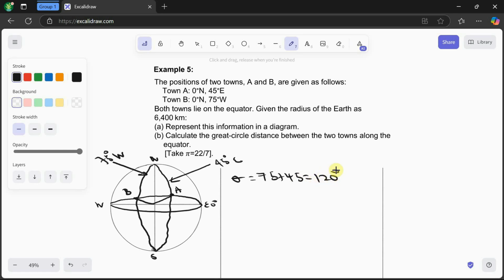So that's 120 degrees. Then the distance D is going to be theta over 360 times 2 pi r, because it's the distance along a great circle. So this would be 120 over 360 times 2 times 22 over 7 times 6,400. So this will cancel this. This will be 3, right? So this is how far you can go. Let's now simplify this. This will be 2 times 22 times 6,400 divided by 3 divided by 7. So this gives me